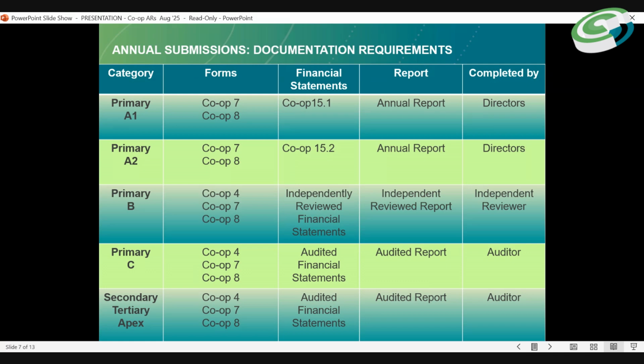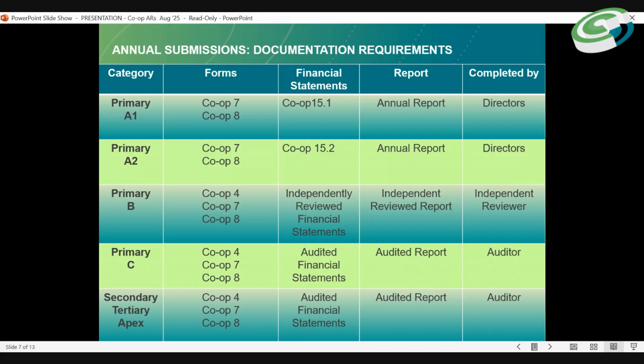They also need to submit an independent review financial statements and independent review report, and this can be compiled and submitted by the independent reviewer. This independent reviewer is your accounting officer.